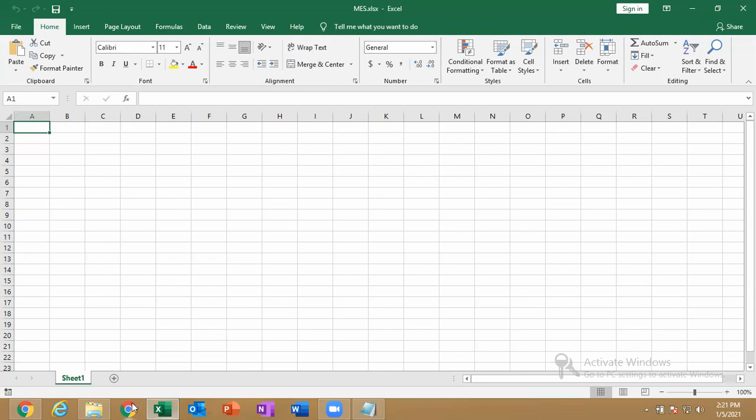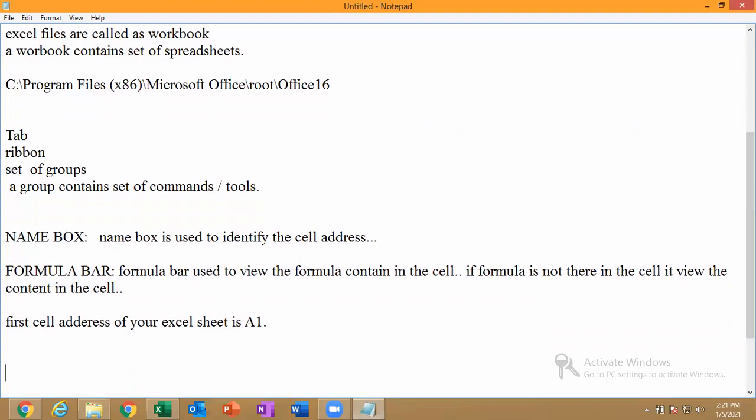And next thing, in Excel, rows are named as numbers and columns are named as alphabets.